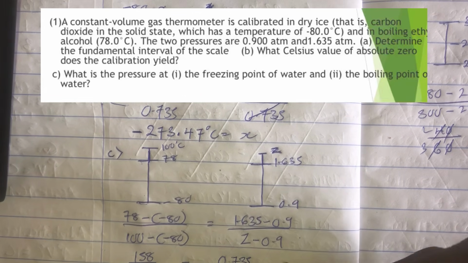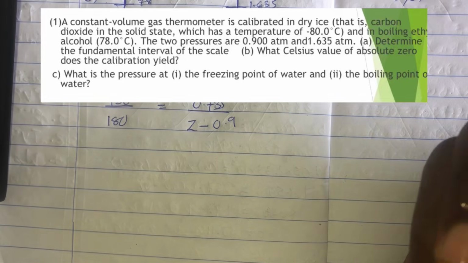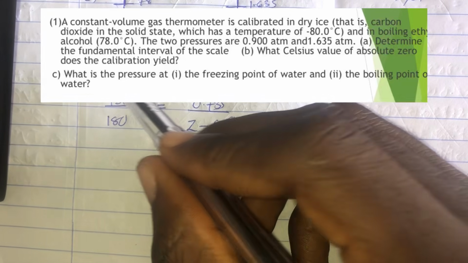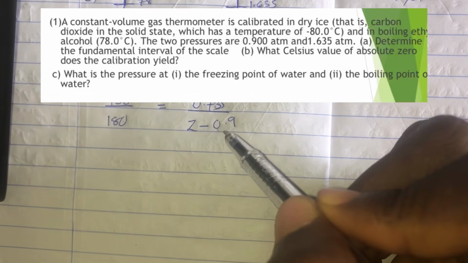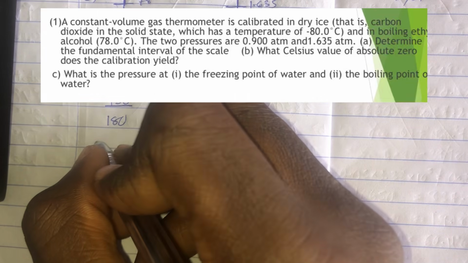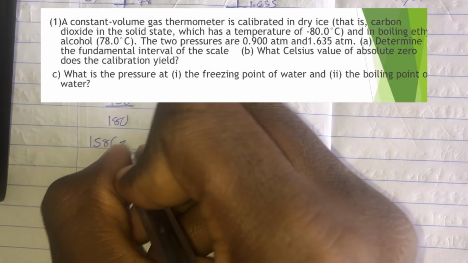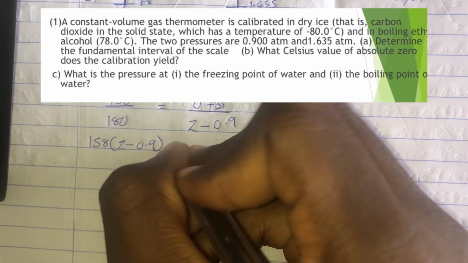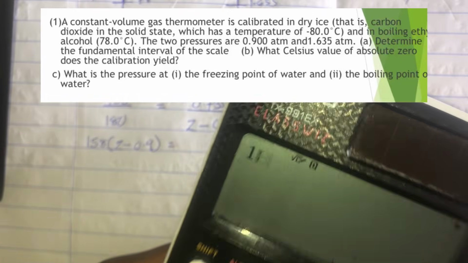Oh, I'm not seeing it. Let's bring it down a little bit. Z minus 0.9. Yeah, that's what I did. 78 plus 80 gives 158. This gives 180. Okay, so let's cross multiply. We have here 158 times Z minus 0.9 equals to, then when you multiply 180 times 0.735,